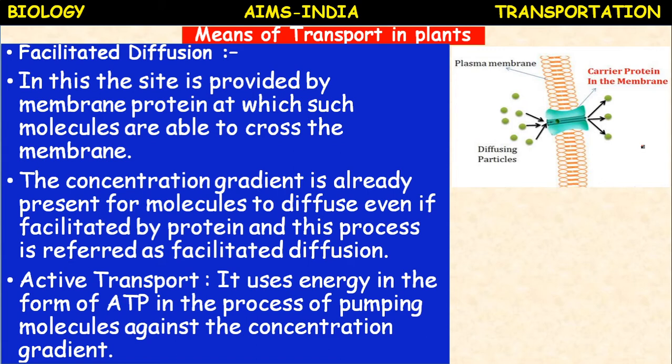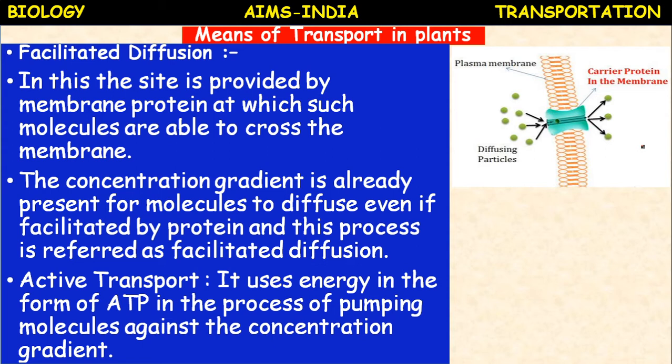Okay. So this facilitated diffusion actually depends on carrier proteins and channel proteins. The carrier proteins bind the particular solute to be transported. Okay. And also some carrier proteins allow two types of molecules to move across the membrane, called co-transport. Okay. So that you will learn in a higher class: symport, antiport, uniport, like that. Okay.